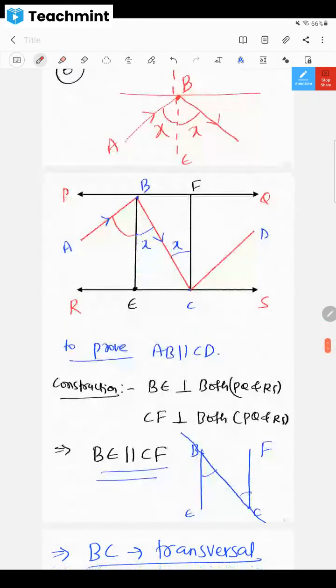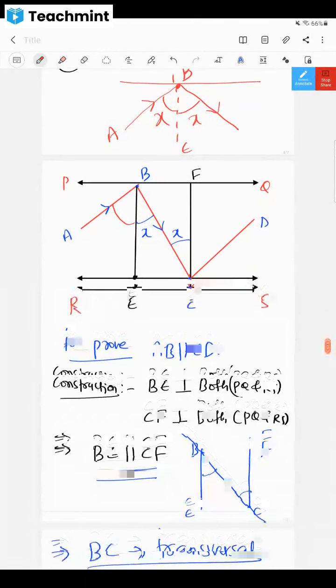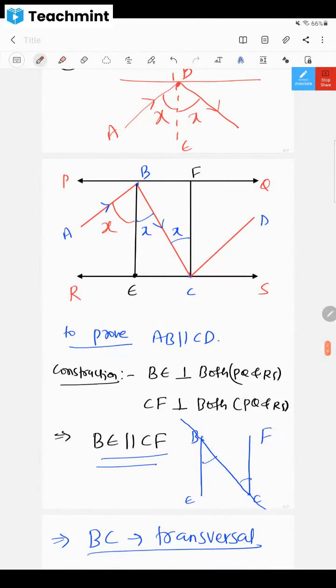Okay. Understanding my point or not? Okay, this is also X. If I write that, together they will become 2X. Now look at this. This is BC. This BC is also one more incident ray for the second mirror. This RS is also a mirror. This is an incident ray, which means this is a reflected ray. So if this is the incident ray and this is the reflected ray, this is X, then this is also X or not? Yes or no? Angle of incidence and angle of reflection.